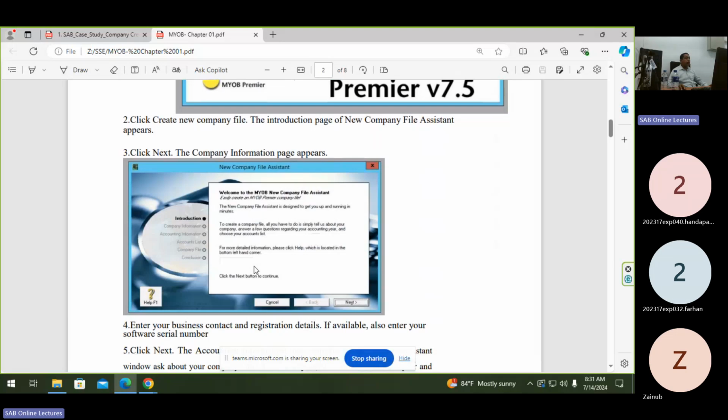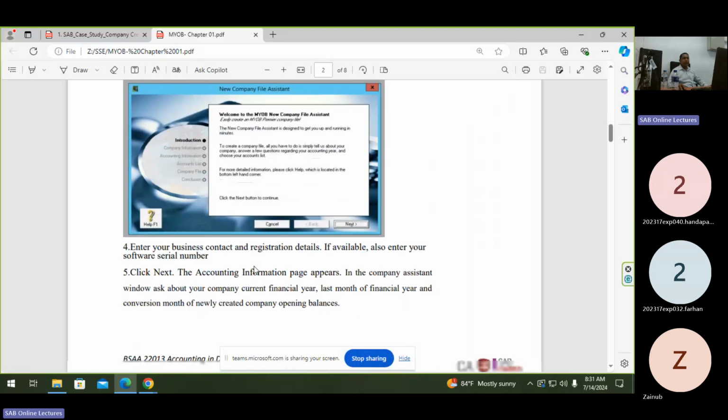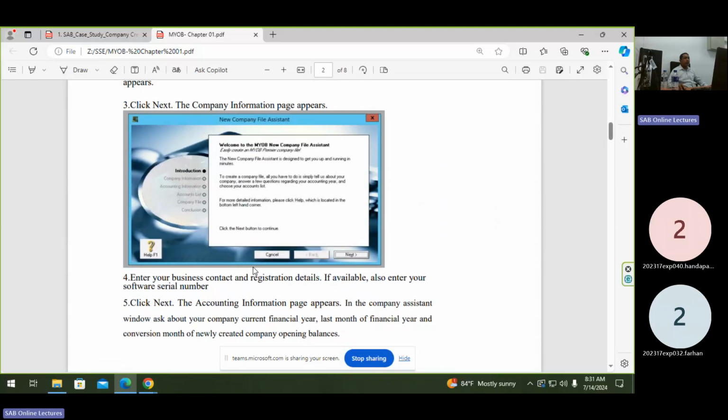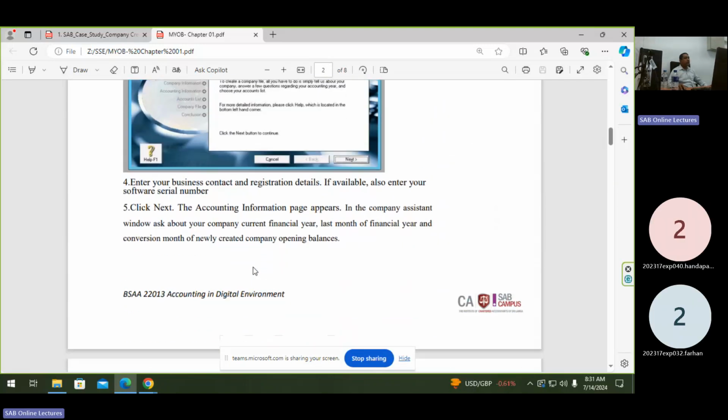From this file assistant window, you have to complete the different forms and details. After you complete the company creation part, click next.